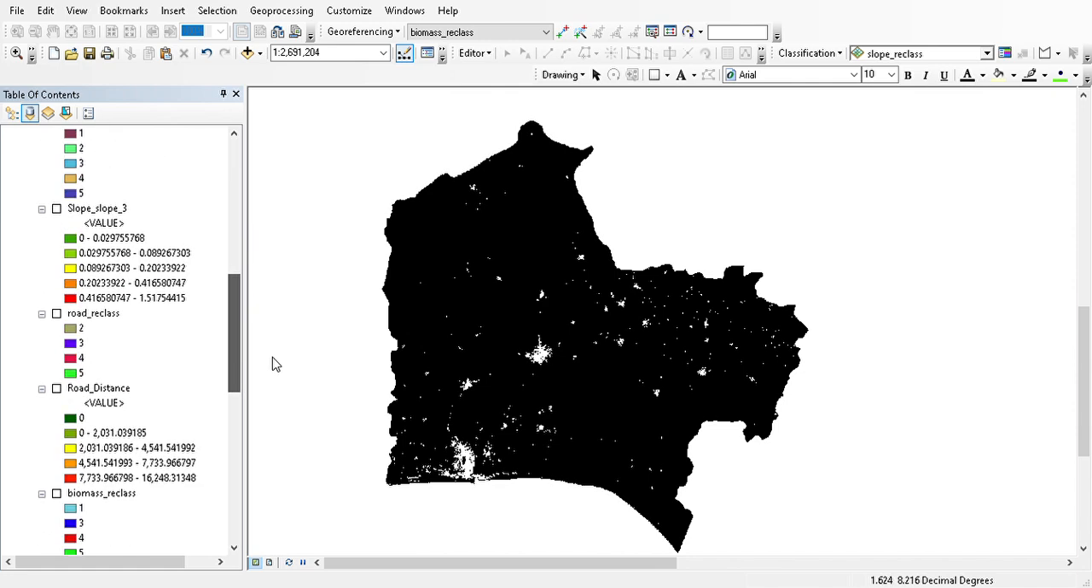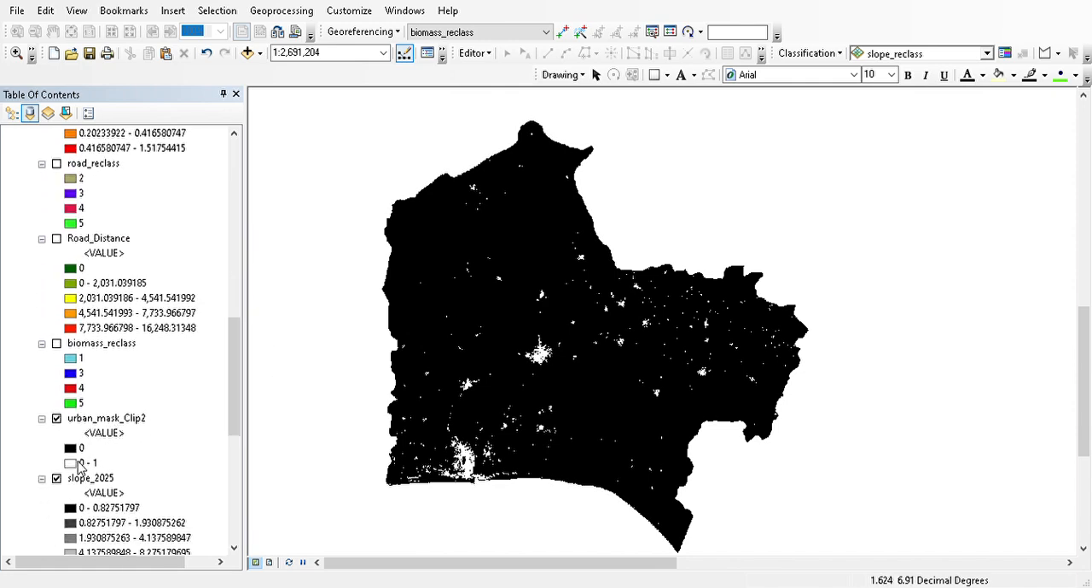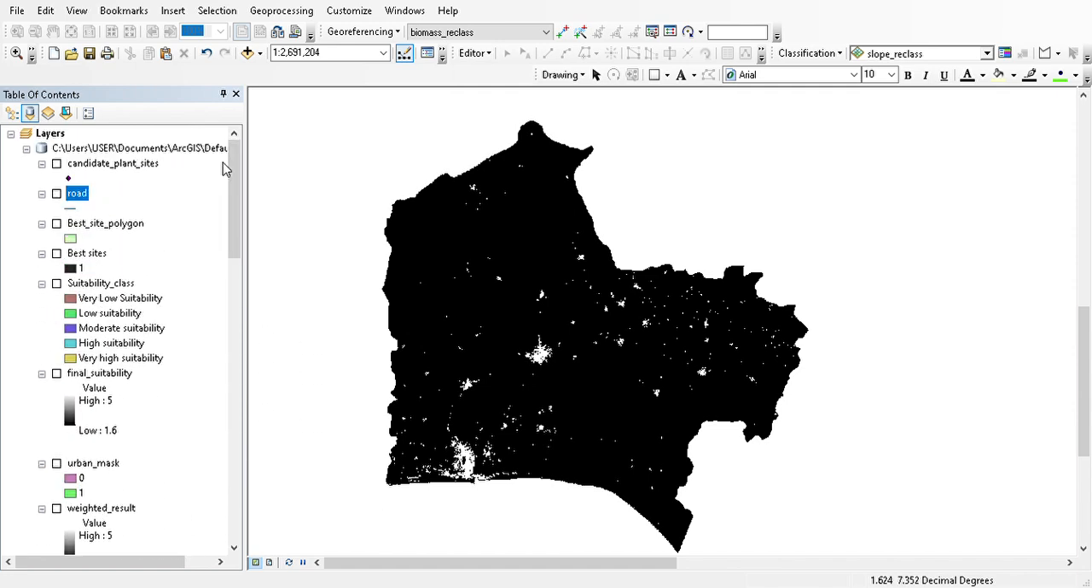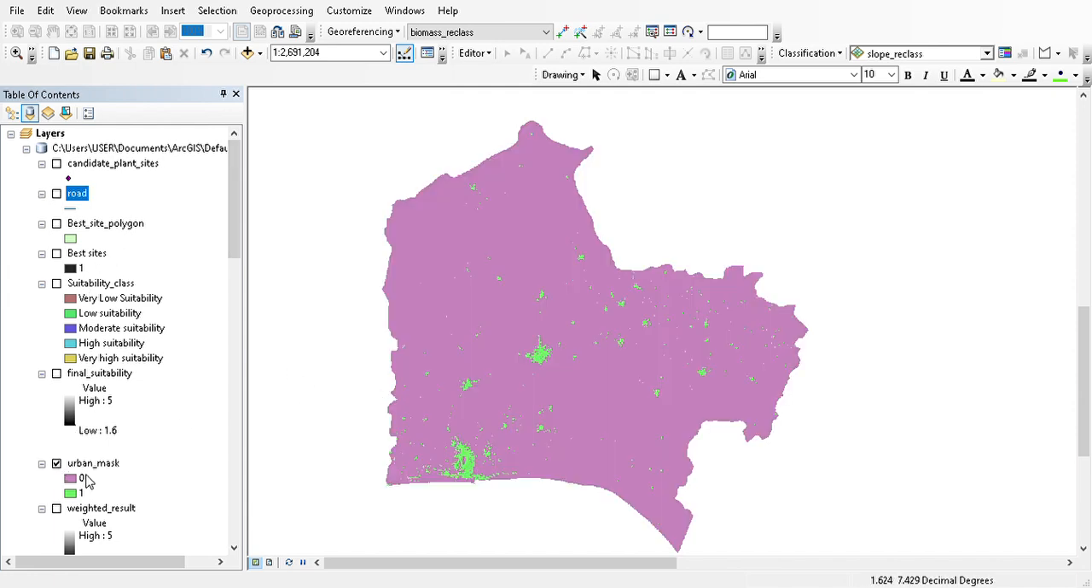But as you can see, the values are continuous. So you reclassify it: go to reclassify, put the urban mask, then put 0 as non-urban, and 1 as urban, which is what I have here. See, 0 is purple, the parts that are not urban, and 1, the parts that are urban, you see in green. So from there, if you have that already,